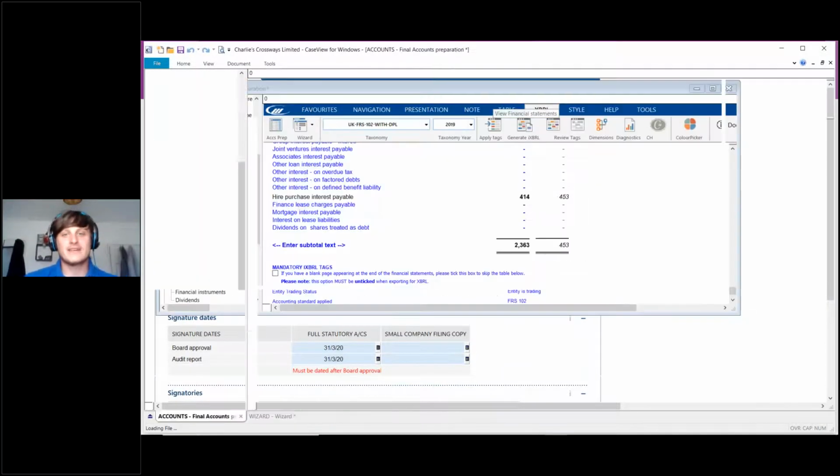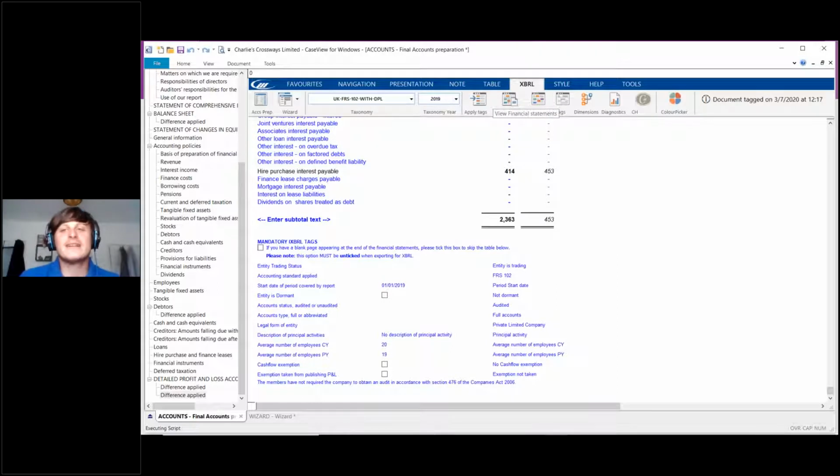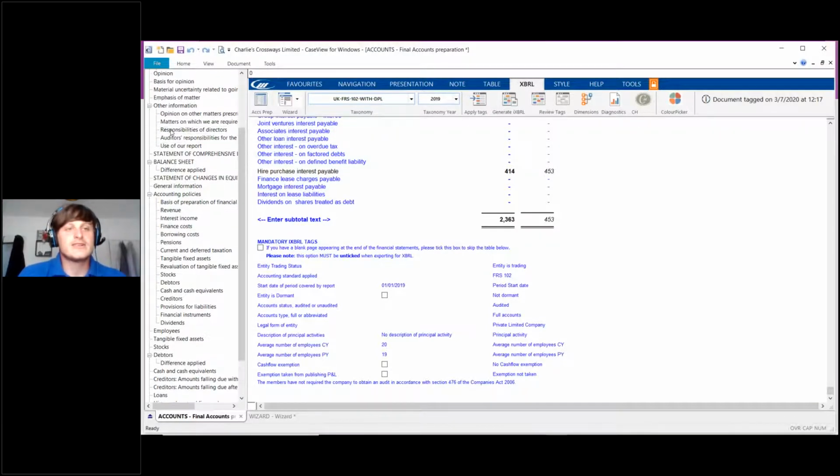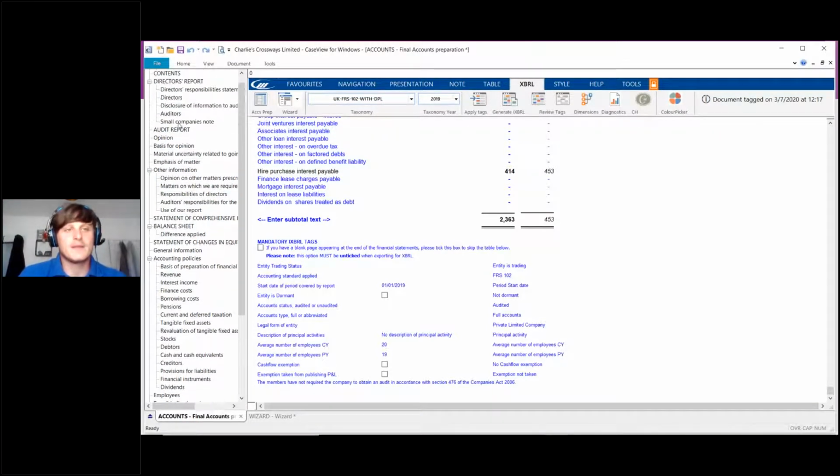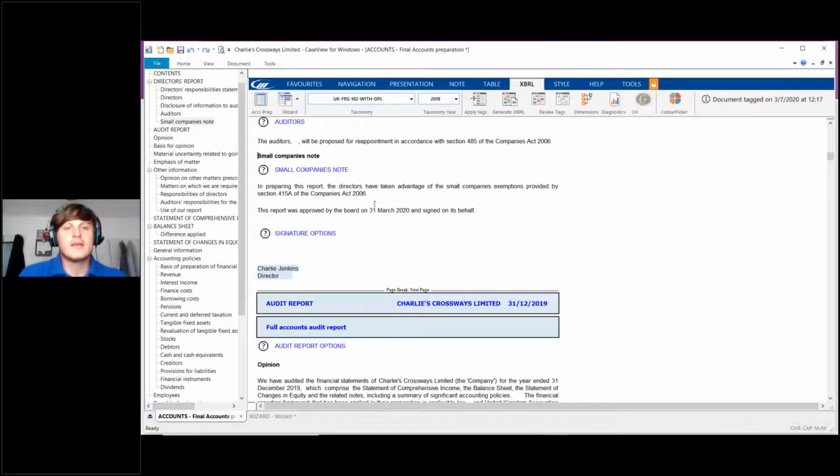Now, if I go back to my financial statements, now we've included those dates, what you'll notice is that we've got the padlock icon on the right hand side. And if I go to the balance sheet or the director's report, so we'll go to the bottom of the director's report, you'll see our date is included here, as well as the person we've selected to sign off this director's report. Now, because we've now selected that in the completion section, these sections are now going to be included, or they are now going to be tagged. So we should, in theory, remove the error messages